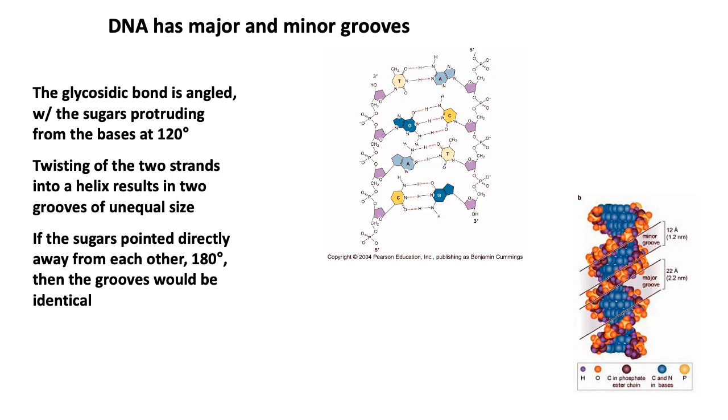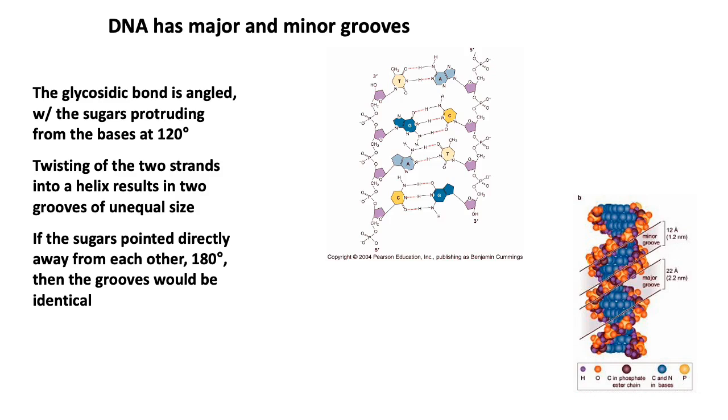And because the sugars are turned, this glycosidic bond is turned at 120 degrees, one of the grooves is larger than the other. Because really, the helices are not lined up parallel to each other. Okay, I know I said that the strands are anti-parallel, because 5' to 3' goes one way on one strand, and 5' to 3' goes the other way on the other strand. That is correct. That is true. Now, imagine that I'm not talking about the strands in their 5' to 3' direction,